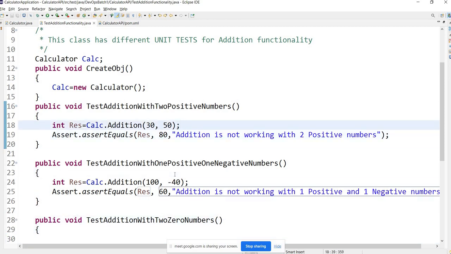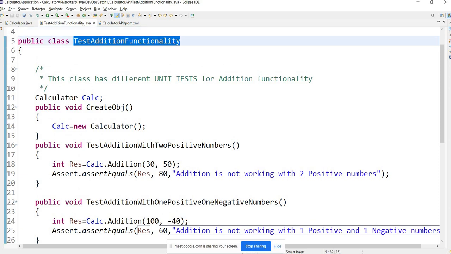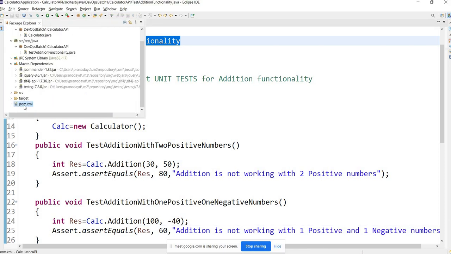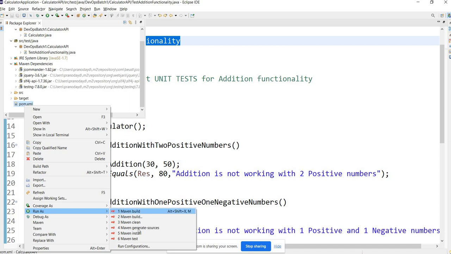Now I want you guys to see the execution. How would I run this class, or how would I trigger the unit tests? What I'll do is, in this, I will simply right click on the POM XML, run as, and I would say Maven test. So as soon as I say Maven test, this is an instruction to Maven to trigger the unit test